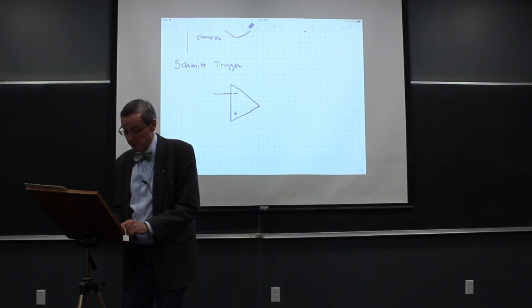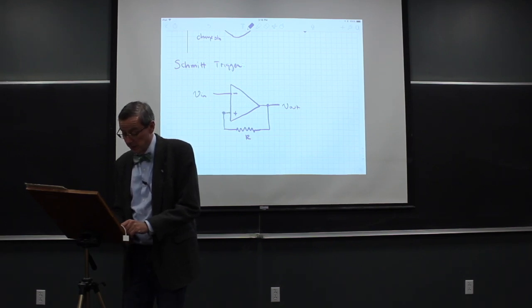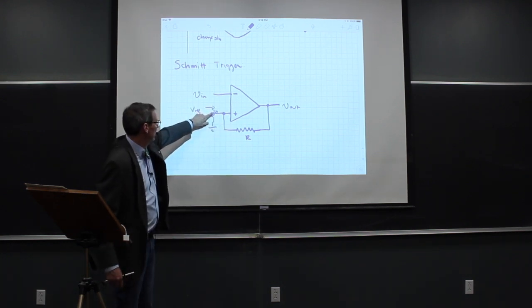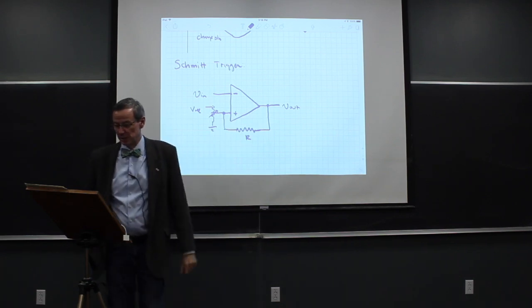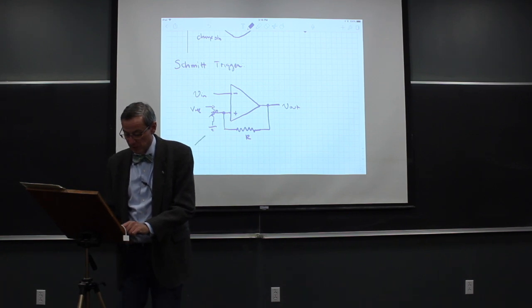So we have the comparator like we did before, Vin, we have Vout, but now we're going to put a feedback resistor here connected to the output. It's going to go into the positive input, and then we're going to put a potentiometer, a variable resistor here, so we can adjust this resistance level. So we have Vref, we can change the nominal voltage here, and we have the positive feedback from this. If we look at that particular circuit, that kind of looks like a